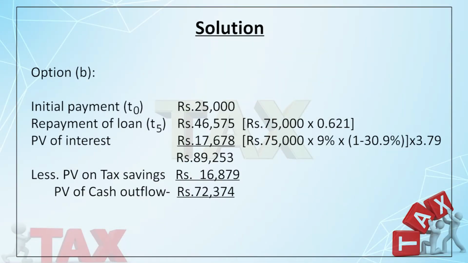That is multiplied by 3.79. I told you the annuity, because this flow is the same. So I add 0.909, 0.826, and so on. It comes to 3.79. And the present value of interest comes to 16,678 and the total is 89,000 something. Whenever I purchase an asset, it's not important whether I pay out of my own pocket or I finance it out of a loan, I will get depreciation. So the depreciation benefit is already calculated at 16,879. So the present value of outflow comes to